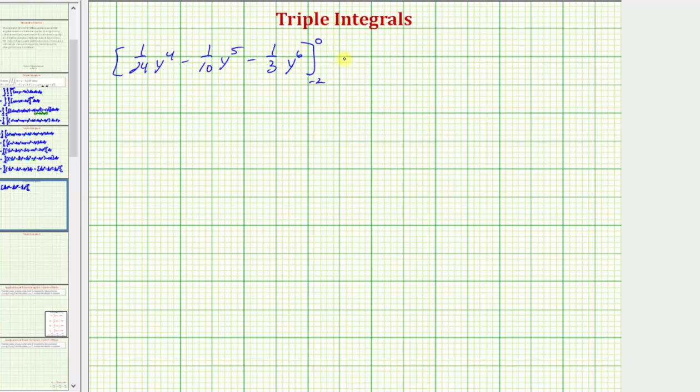When y equals 0, notice how each term contains a factor of y, so we're just going to have 0 minus, when y is equal to negative 2, we'll have 1/24 times negative 2 to the fourth, minus 1/10 times negative 2 to the fifth, minus 1/3 times negative 2 to the sixth, which simplifies to 262/15. Or as a decimal approximation, this is approximately